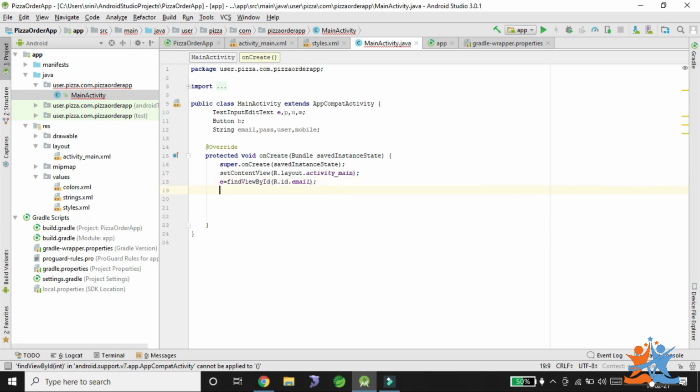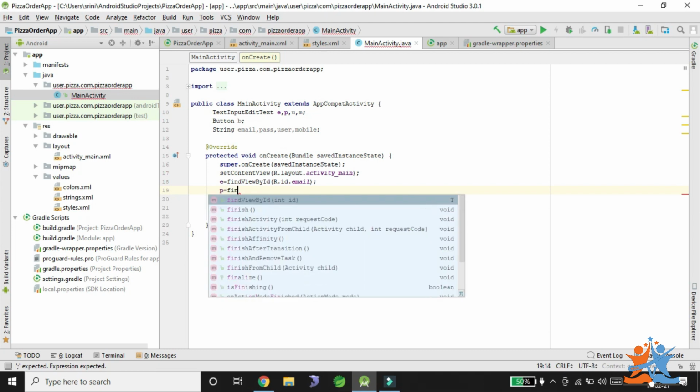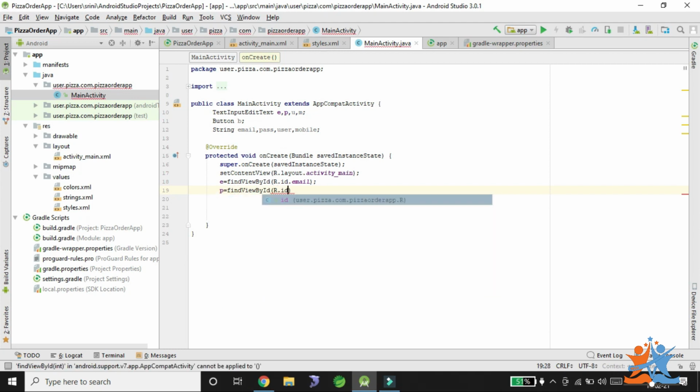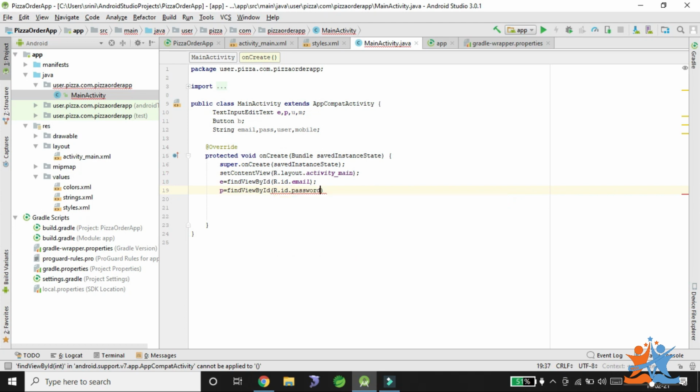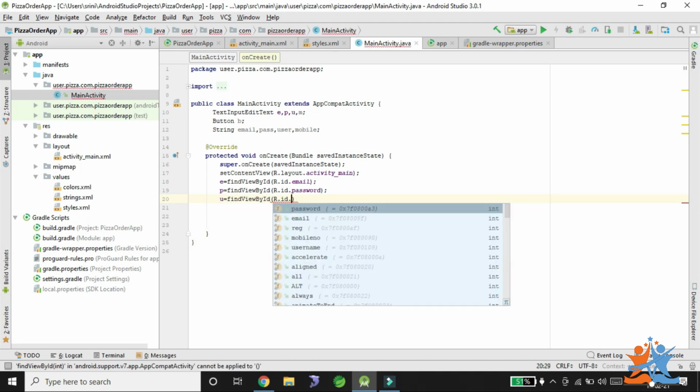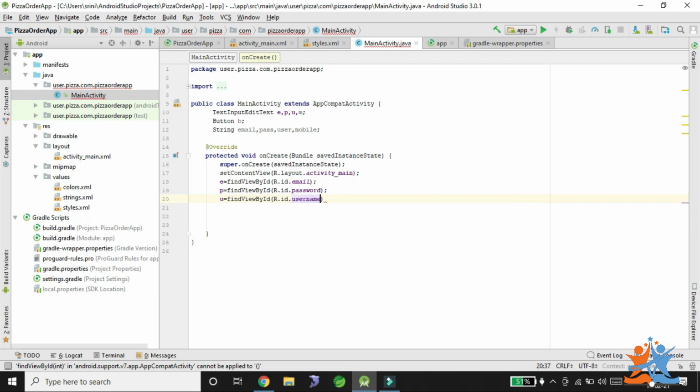Okay, so like that we need to do for p equals findViewById R.id.password, and u equals findViewById R.id.username.